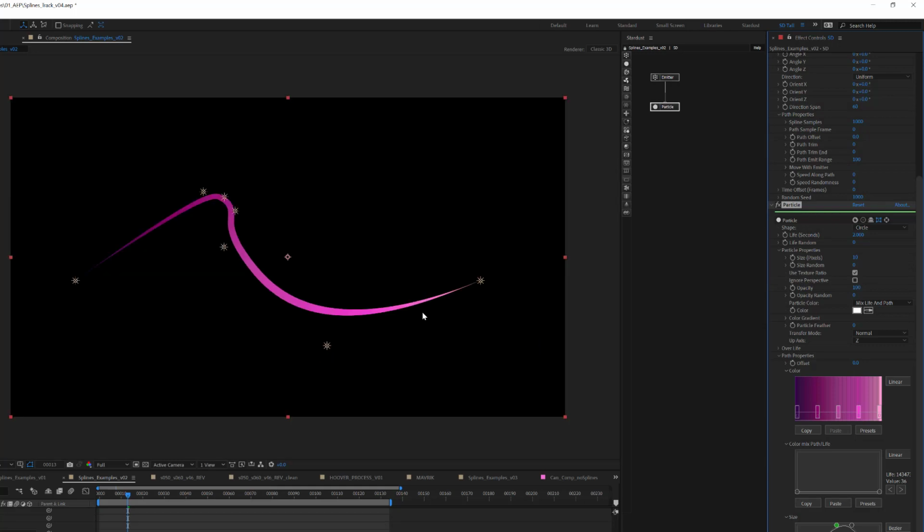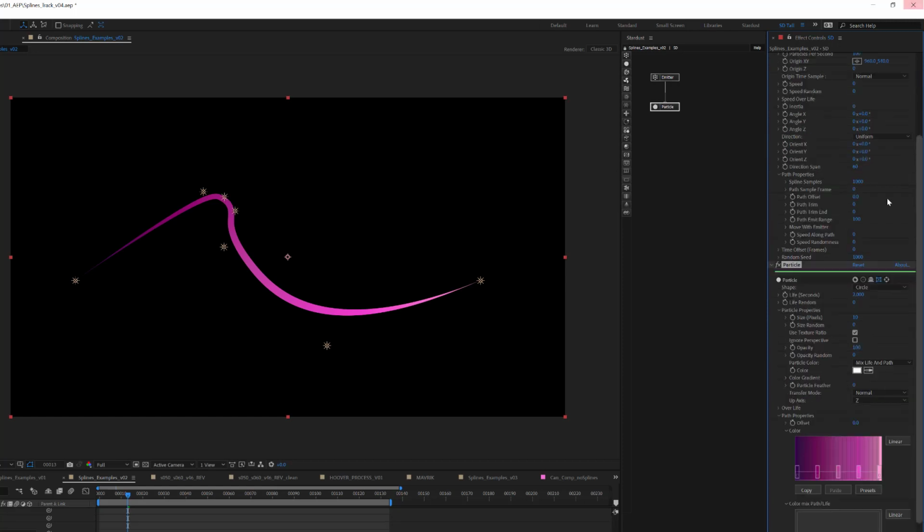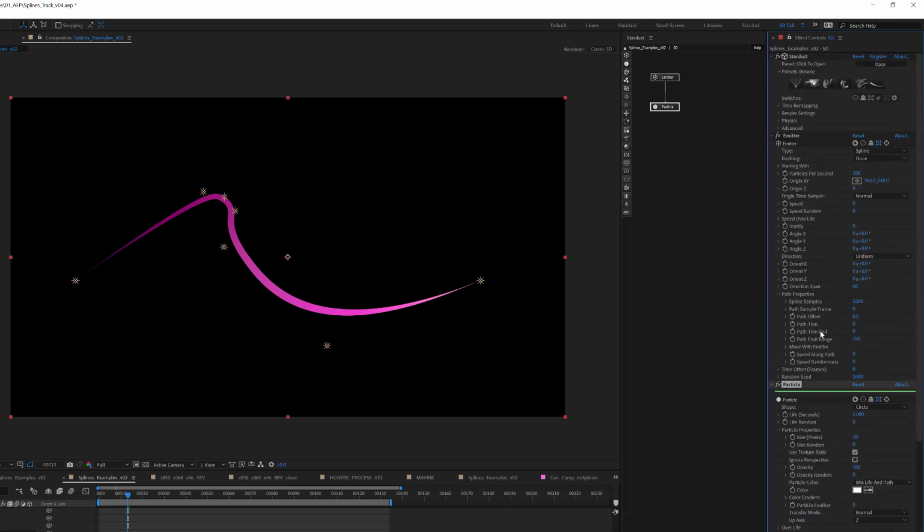The last thing I will show, because it's something else that we use, is animating along that path. So there's two ways you could do that. I'm going to set this back to default, and let's give it some speed along the path. Let's just say like 50 with some variation.